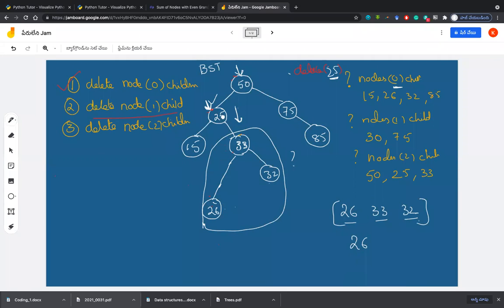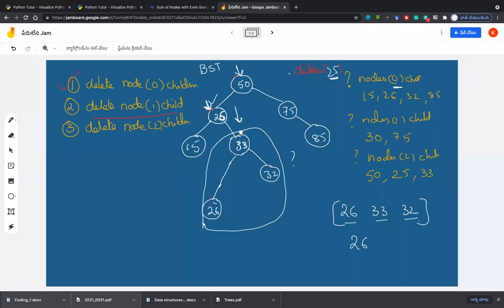So now you are at this current position 25. You will just take and replace 25 with 26, which is the minimum value. And all the while you remember, your binary search tree rules should not be violated. If you are deleting and replacing with something, your binary search rules should not be violated.